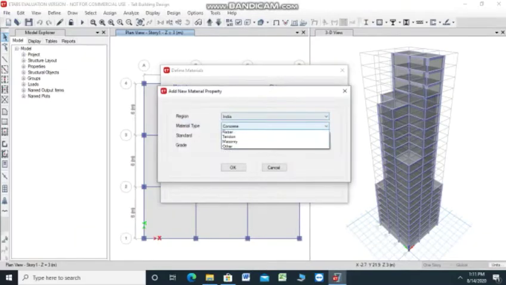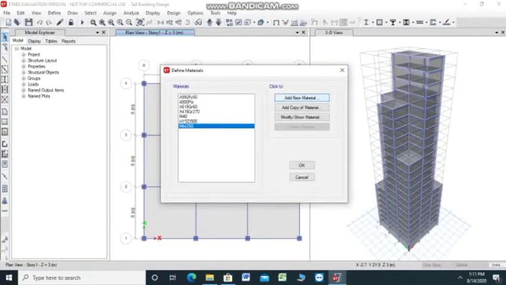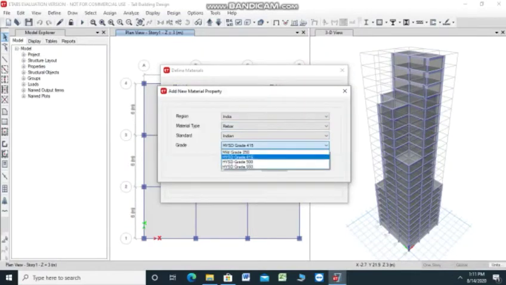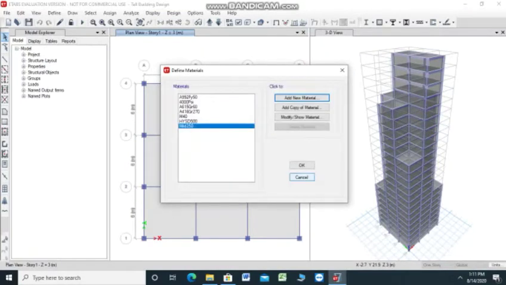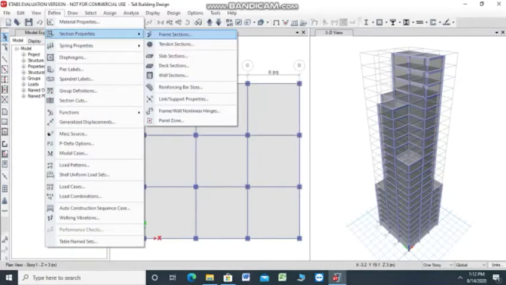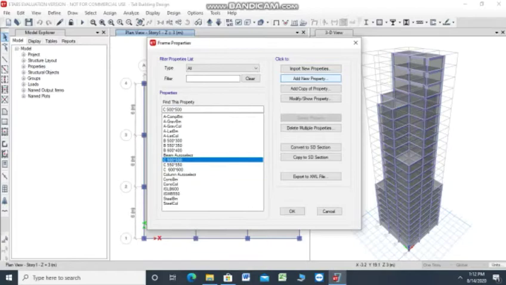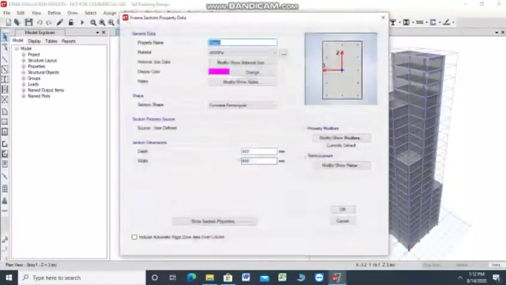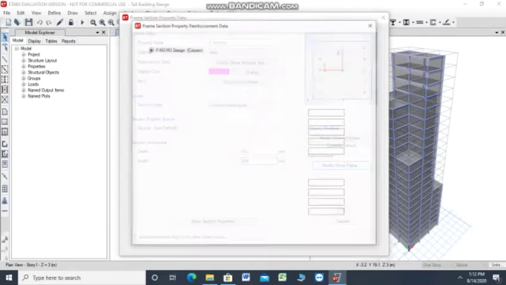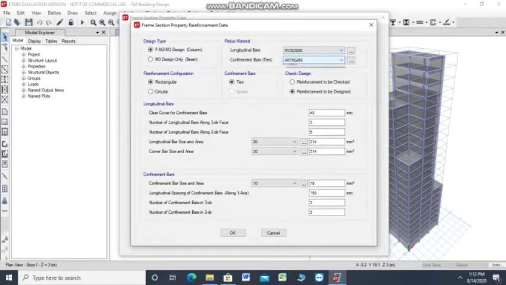Then the next step, Indian concrete rebar. Then in this step I have selected Indian and HYSD 500. So here, M250 for the tie bars section. Now mentioning the section properties, I have already mentioned all these properties. So for the column sections, I have done C 500 into 500. I have given the depth and width dimensions. So M40 for that one. Now this rebar